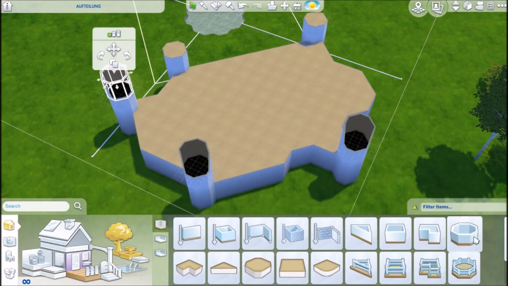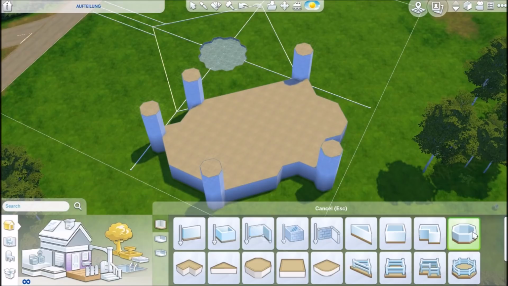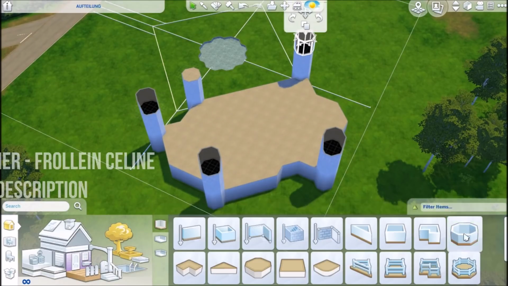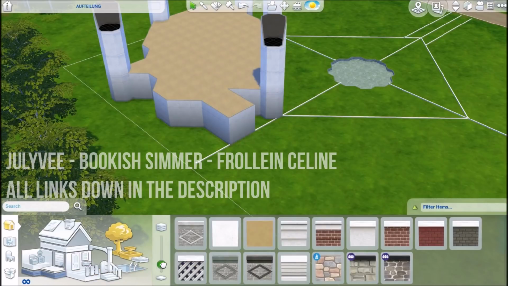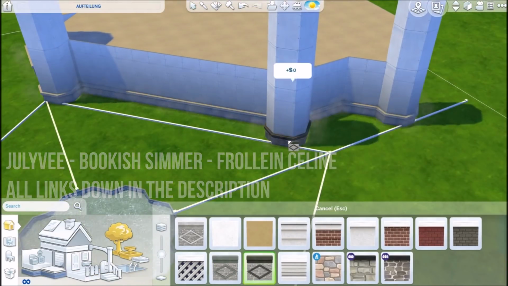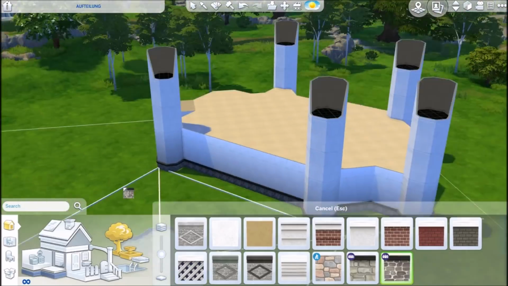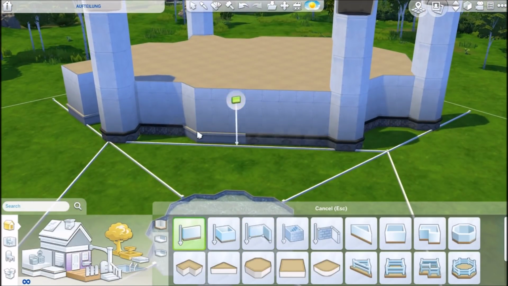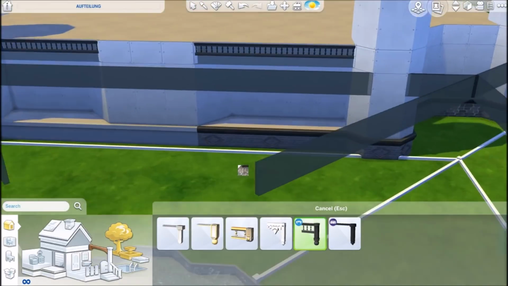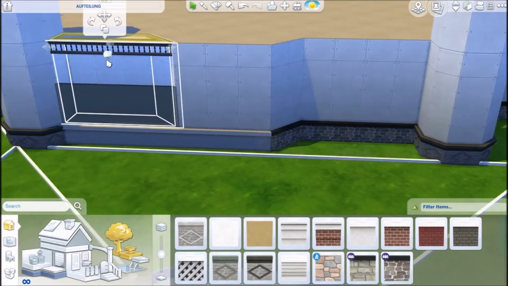And this is also a collab with 3 other really amazing simmers: JulyVee, Bookish Simmer, and FolleinCeline. They also did a part of this huge lot collaboration with their respective houses. So if you are sorted into another house or just want to see the whole Hogwarts